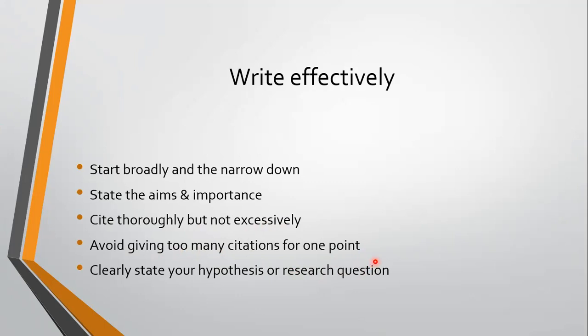Maybe you might have 15 papers that you have reviewed, and you want to work on it. You don't cite all the 15 papers in the introduction. You tend to give 5 papers, 10 papers, or maybe more than that. Even if you give 15 papers, you don't tend to elongate your introduction. What you tend to do is collaborate the research papers so that these 15 papers would help you in a thorough discussion. That would be at the end of the research. Once your results are there, you have a discussion. So in that discussion, you can take care of the citations.